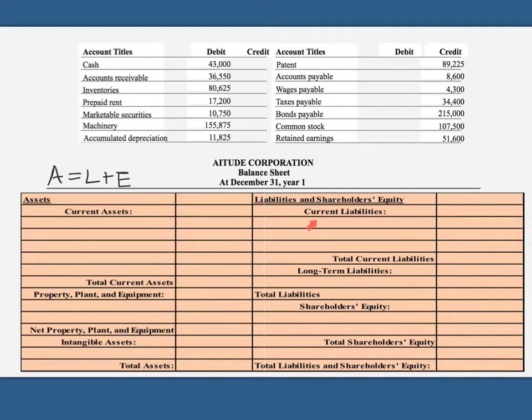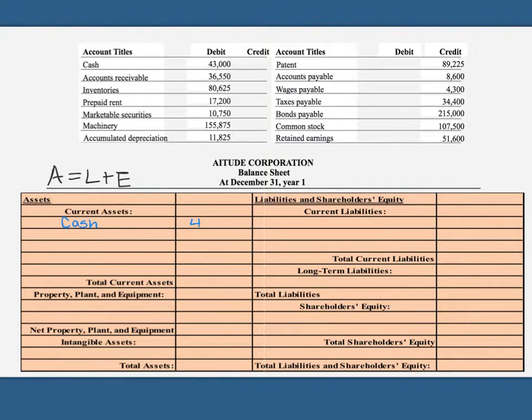On the right, same thing, we have current liabilities, long-term liabilities, and then we move into shareholders' equity. There's normally just one account for that. So with all that being said, let's go ahead and dive in and start preparing our balance sheet. So starting here at the left side with these amounts, we have all our assets. So first thing we see is cash. Obviously cash is already cash, so that's a current asset. So we will place that under current assets